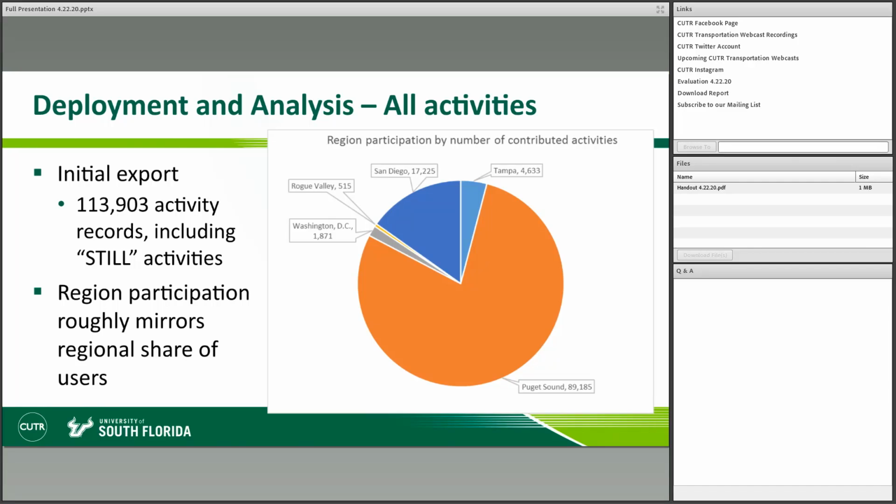Most of the OneBusAway users are located in the greater Seattle region where the app started. You can see that region also contributed the largest number of activity transitions, followed by San Diego, then Tampa, and then some of the other regions are smaller. And this roughly mirrors the user base of the overall OneBusAway application as well.